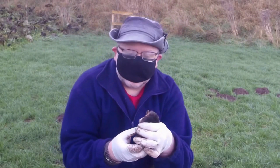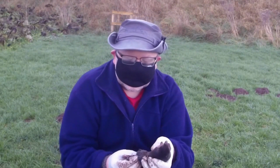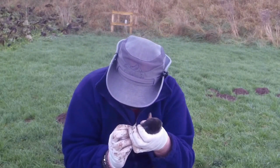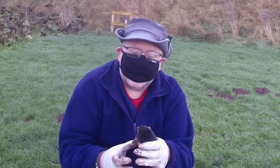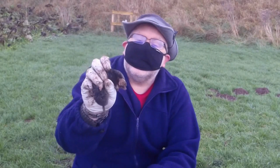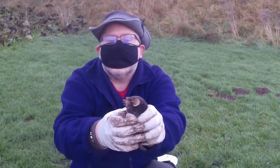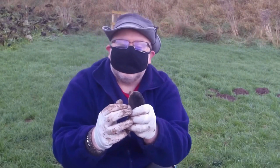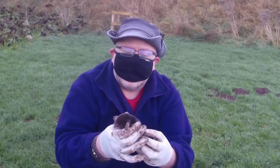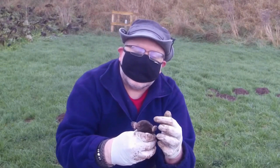Looks a bit small, so I think this is one of this year's young. And it's doing a nice poo, and female. So I'm really chuffed to get this. You can see, look at those big paws in the front and the claws for digging, and they've got whiskers that help them see where they're going in the dark,